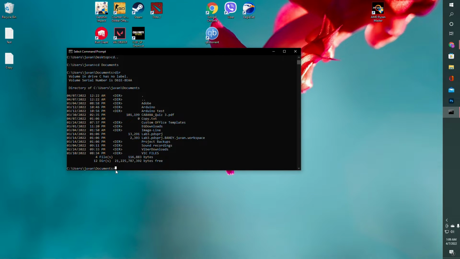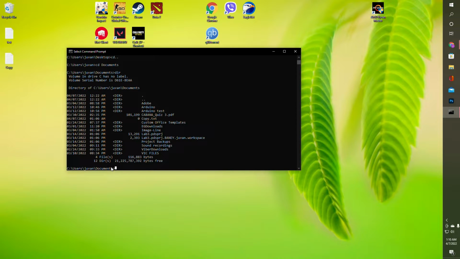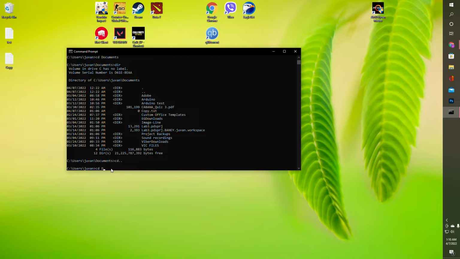The move command. From the word itself, it lets us move files from one folder to another. Let's say, for example, if you want to move this test to the documents folder, then since we are in the documents folder, we have to navigate back to the desktop first. Then let's type in cd dot dot and then cd desktop